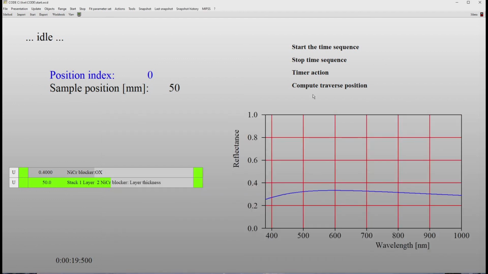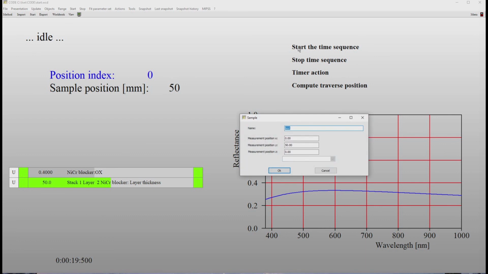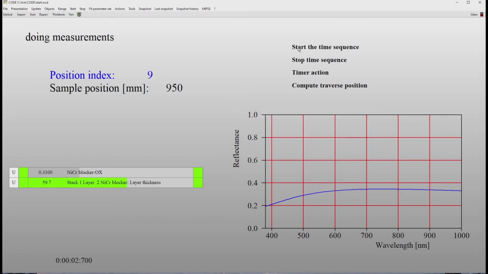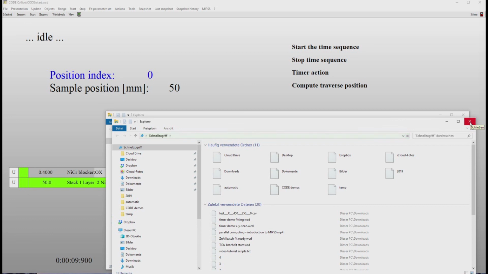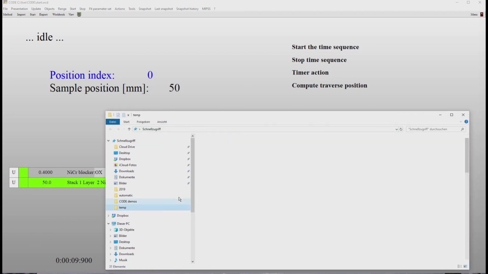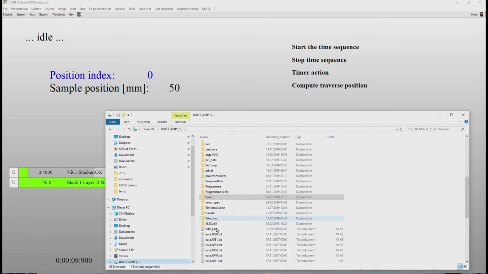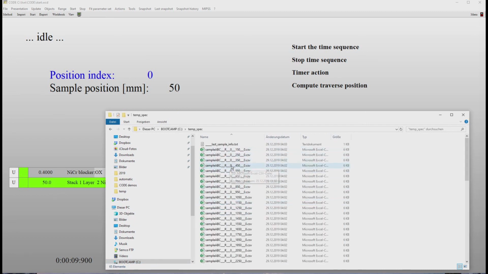So we can just let it run once more to see how it works. Let's say we can call it sample ABC. We go through all the positions. For each position, one spectrum is generated, and later on, let me just check, okay, the Explorer decided to start once more. I guess wrong clicking, sorry. So now we have sample ABC, and here we have the 32 spectra for this sample,